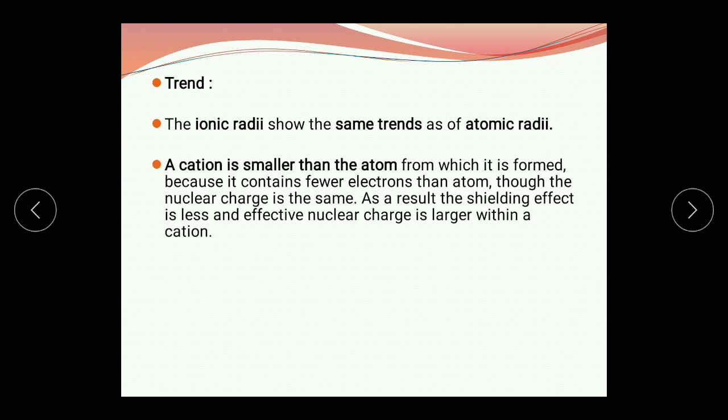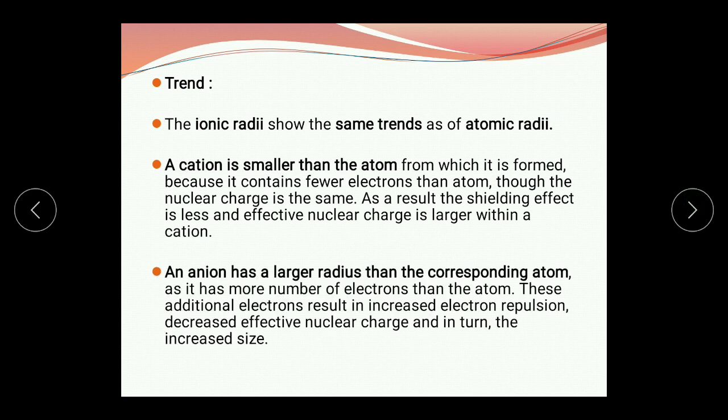What happens when an electron is removed from the outermost shell? The cation is always smaller than the original atom, or parent atom, from which it is formed, because an electron is removed, so it contains fewer electrons than the original atom. But the nuclear charge is the same. That means the number of protons remains the same, and one electron is removed. That means the number of electrons is less as compared to the nuclear charge. As a result, the shielding effect becomes less because an electron is removed, and the effective nuclear charge is more within